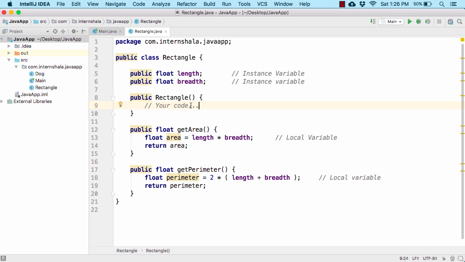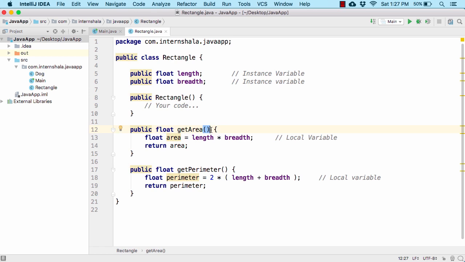Now you must be thinking this public rectangle resembles that of a method. In case of a method, if you notice, we have a public modifier and similarly we have the public modifier here. And again we have the name of the constructor, and here again we have the name of the method as getArea. Followed by the name we have the bracket open and close, and similarly in case of method we have the bracket open and close.